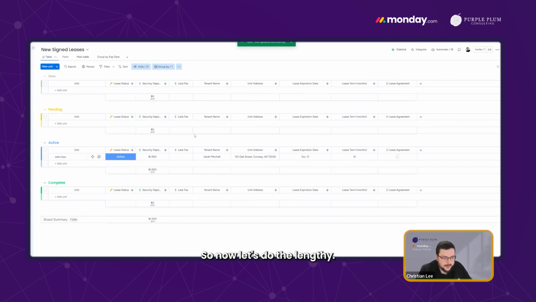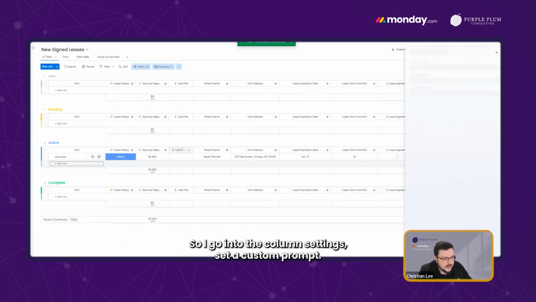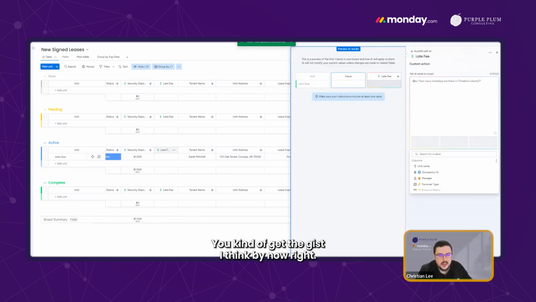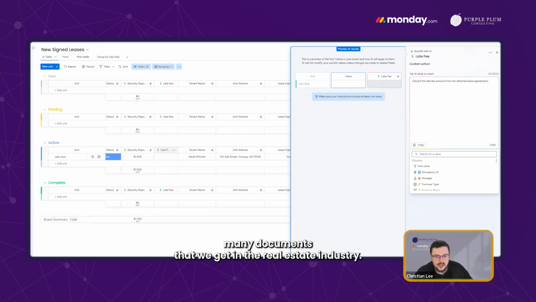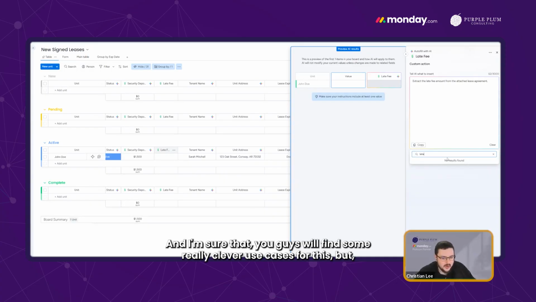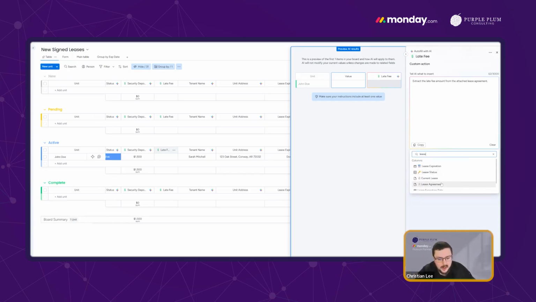So now let's do the late fee. So I go into the column settings, set a custom prompt, and you kind of get the gist, I think, by now, right? So I'm sure you're teeming with ideas on how to apply this to all the many documents that we get in the real estate industry. And I'm sure that you guys will find some really clever use cases for this,